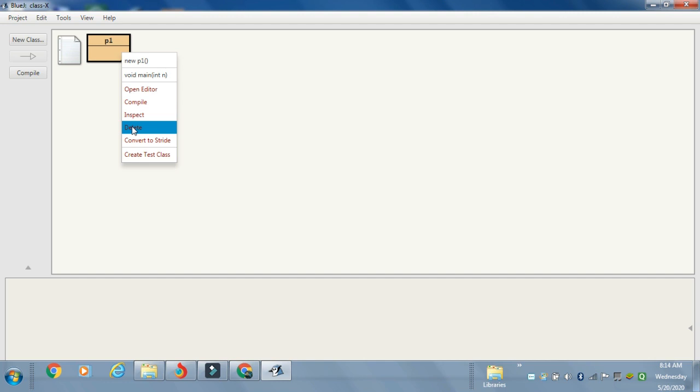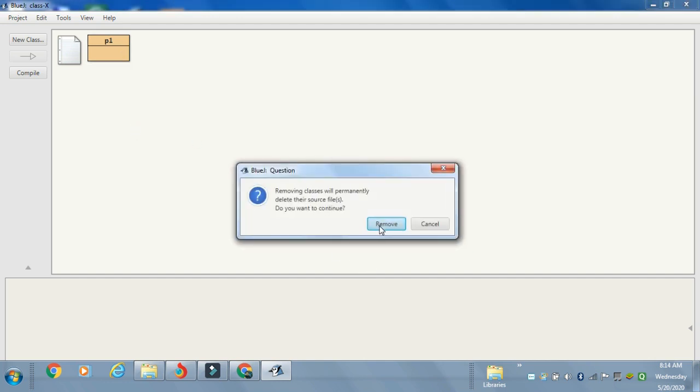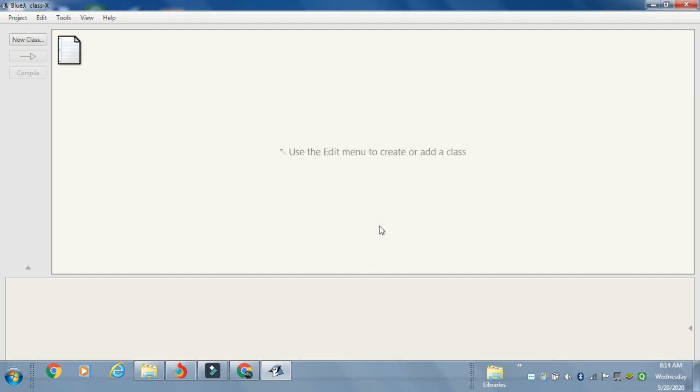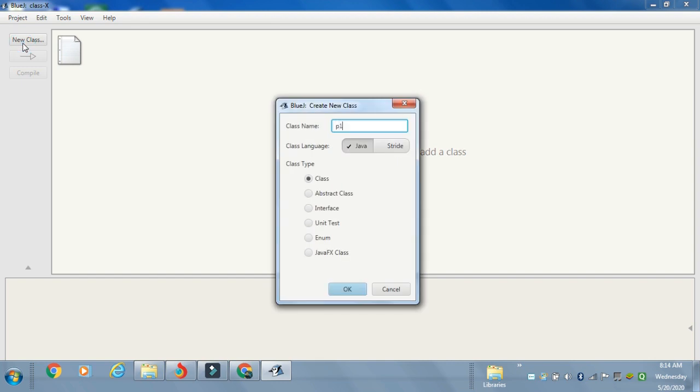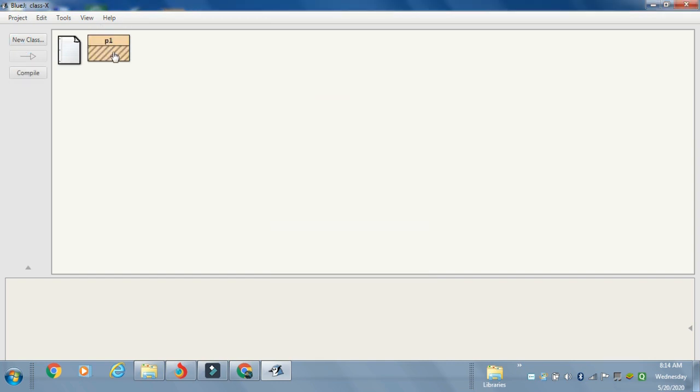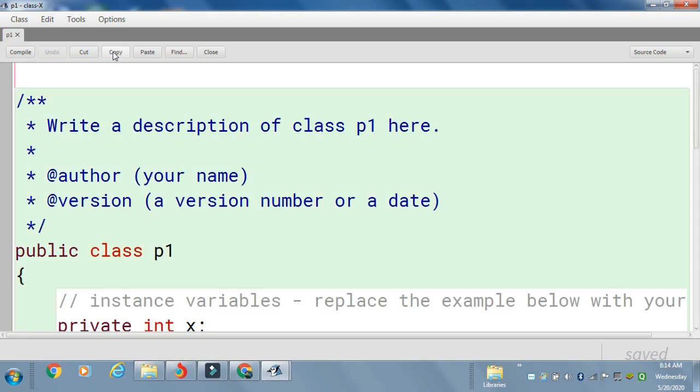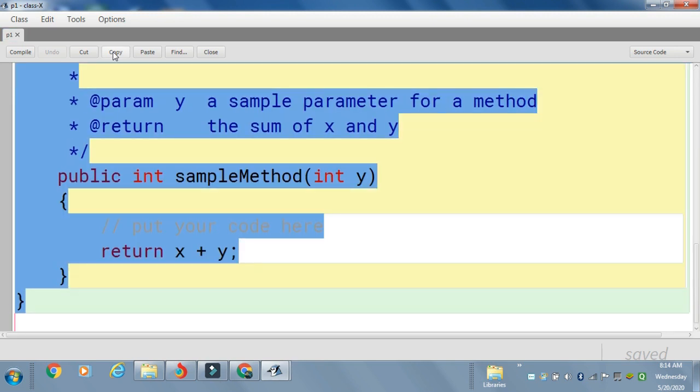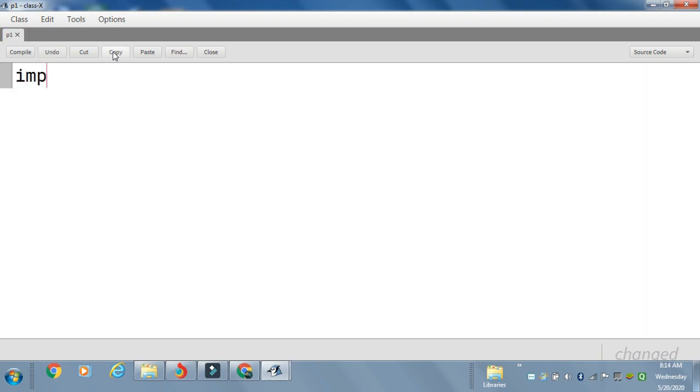So P1 is already there. Let me delete this one, so that our BlueJ is now totally blank, it's totally free. You can even keep it, and you can create a new class with P2 or some other names, but let me start with a new one again. So new class P1. So simply double click on this, then you need to select this, Control A, then delete it, then the package, import